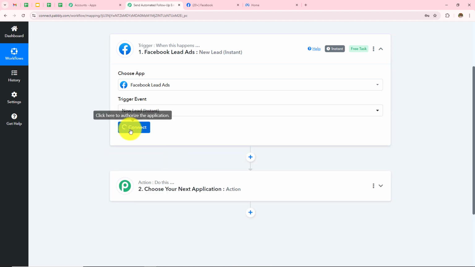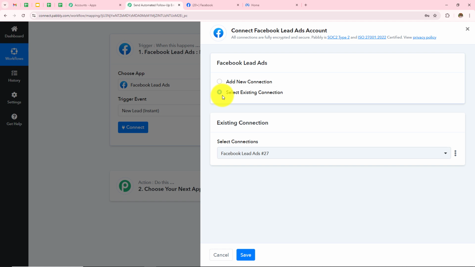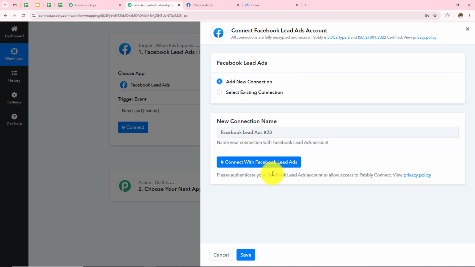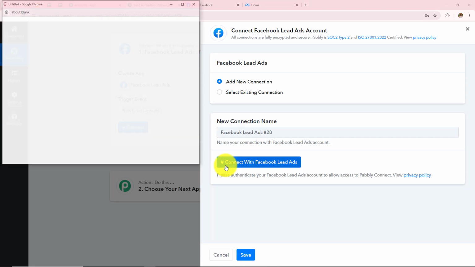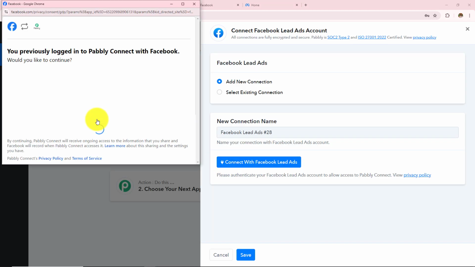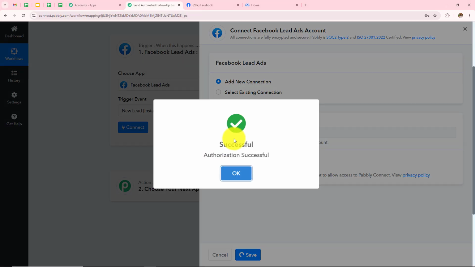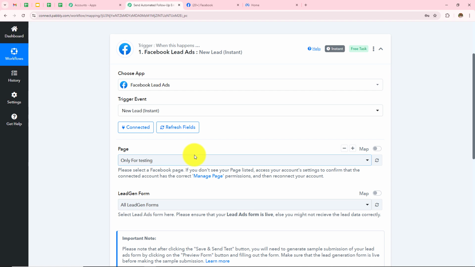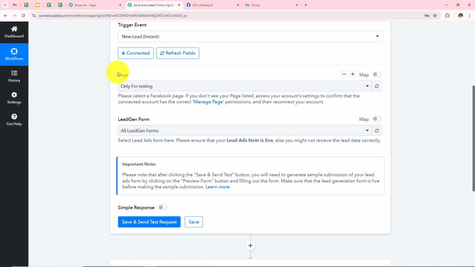Now I have to click on this connect. If you have an existing connection, you can go with save. If you don't have one, click on this add new connection. And then click on this connect with Facebook lead ads. Now I have to choose my account, for which I need to click on this continue. And authorization successful. So Facebook lead ads is connected with Pabbly Connect, and now I have to enter these details,